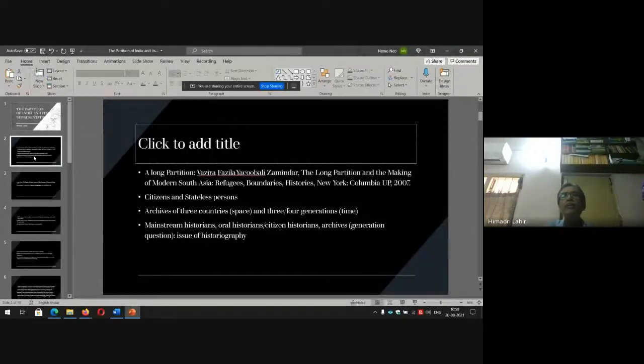These people control the materials, they select the materials, they keep out many materials which were collected outside the periphery of the archive, because according to their ideology, those materials do not fit into the archive, because they have a fixed idea of the archive. So from that point of view,